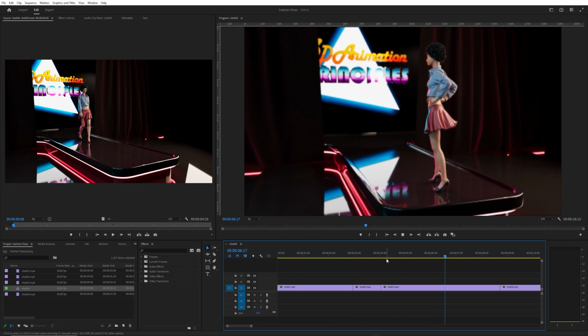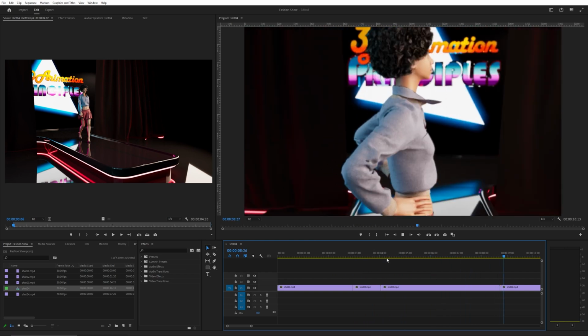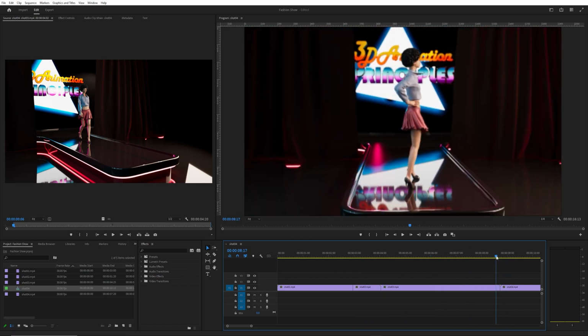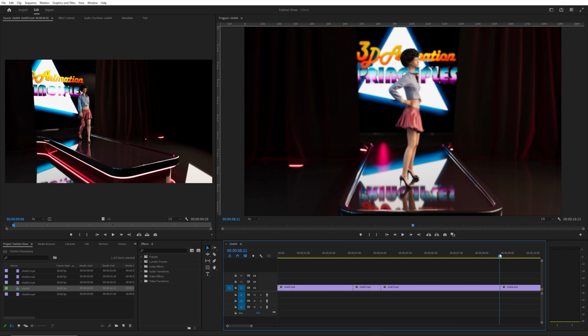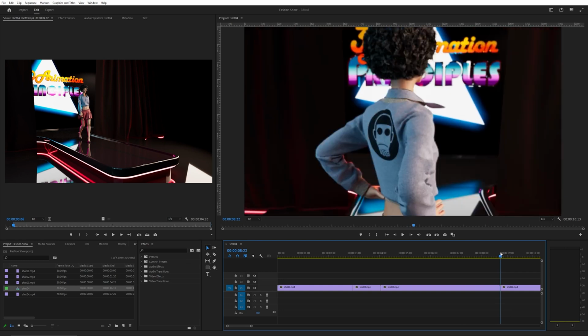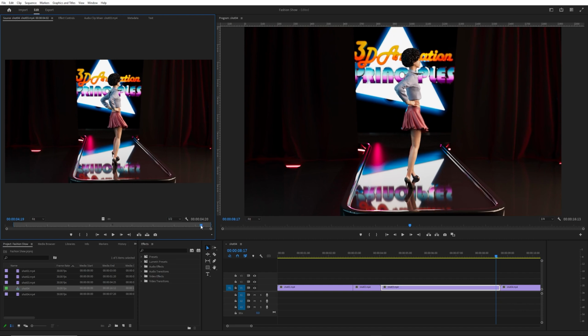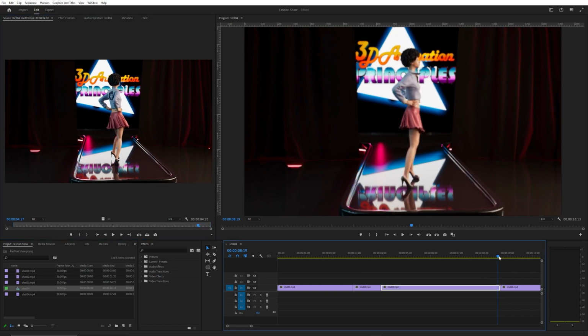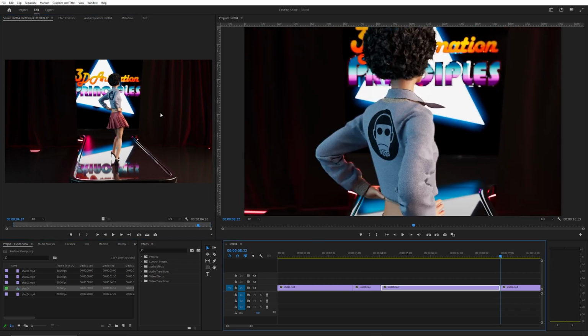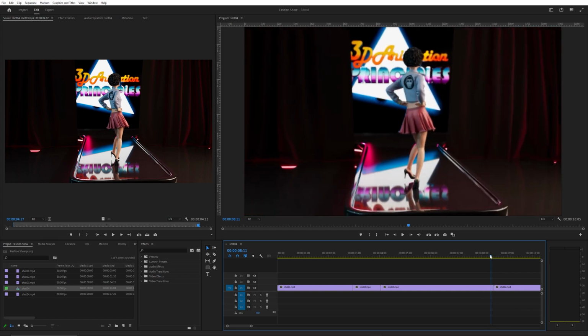Okay, then we cut to here, and then we have to match the turnaround. So when we end this shot, she's almost all the way around, but here we're still further back in the turnaround. So let's double click this clip and come back to, let's see here, we want a match between the beginning of the next shot and the end of this one. So if we come here and hit O for out point and ripple delete that,